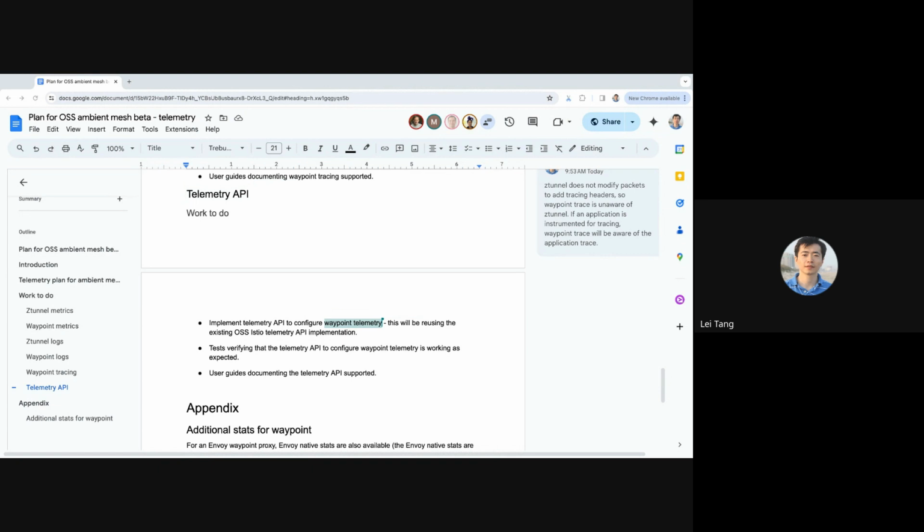Yeah, so in my opinion, ztunnel is a Rust program. Currently, it has the metrics, it has logs. They can be always enabled. It's always there. There is no configuration needed or no customization needed. It simplifies the implementation and the configuration. That's my thoughts.